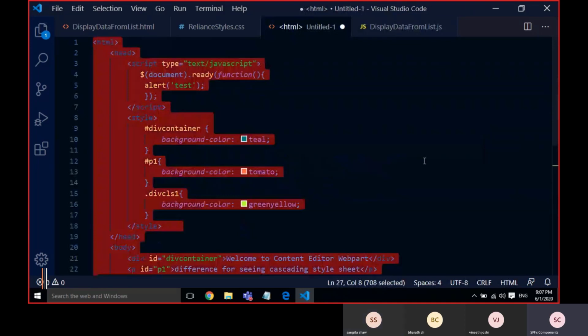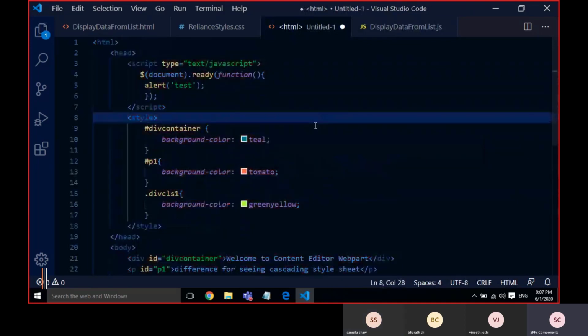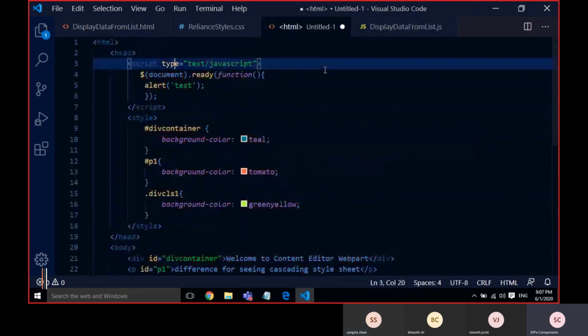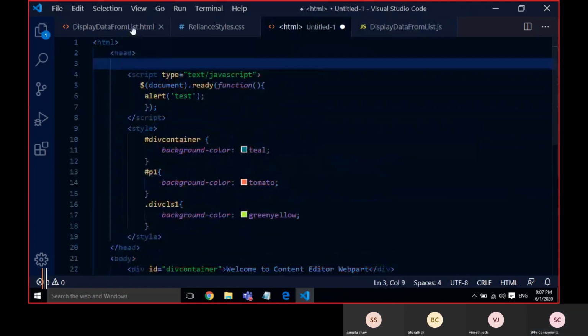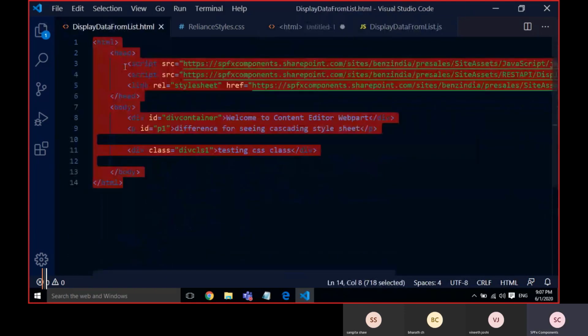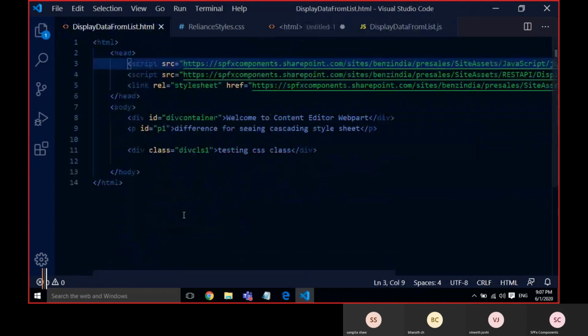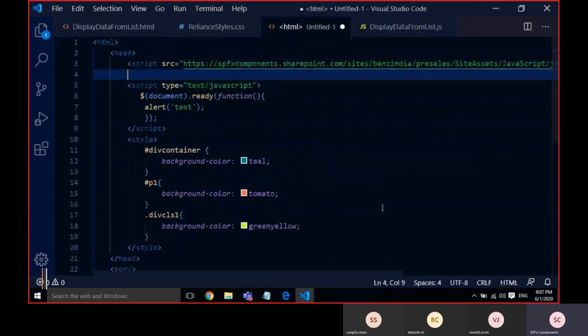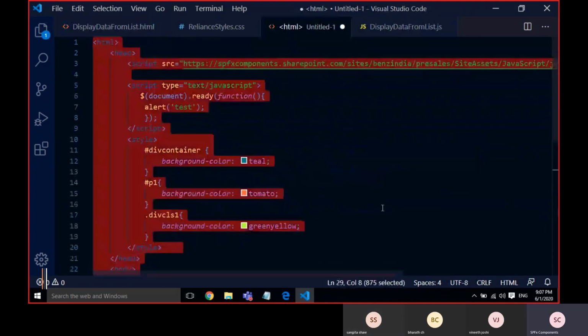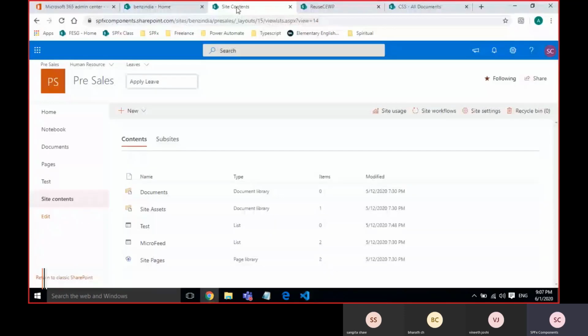Taking the copy, I have to give the reference jQuery. Taking the entire copy, I'll create one new page for our understanding.